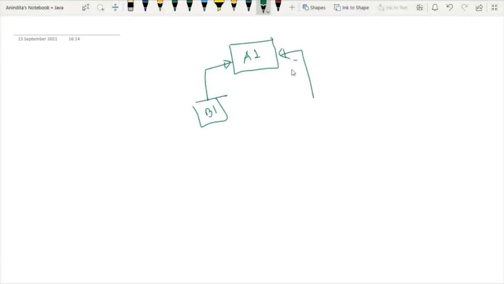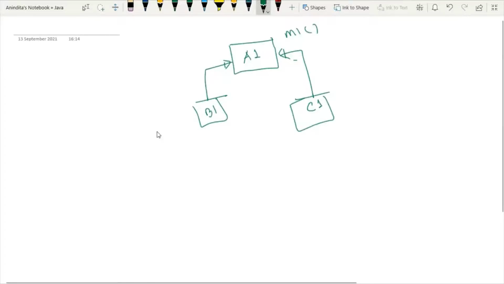Now I will try to explain the concept of runtime polymorphism in the context of hierarchical inheritance. Say I have one superclass A1 and one subclass B1. Again, I have another subclass C1. Now I am talking about runtime polymorphism, which means all the classes should have the same method name.